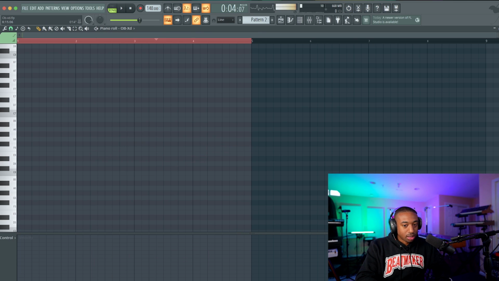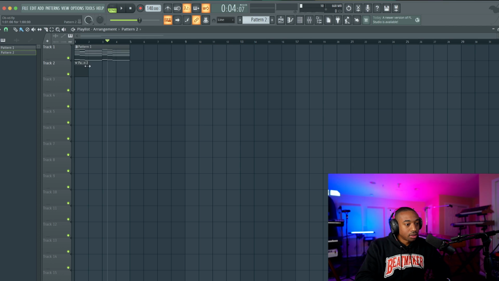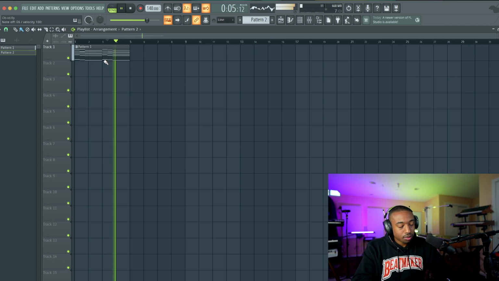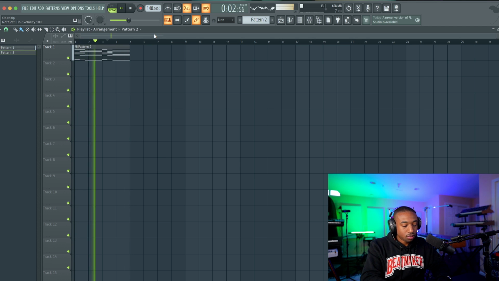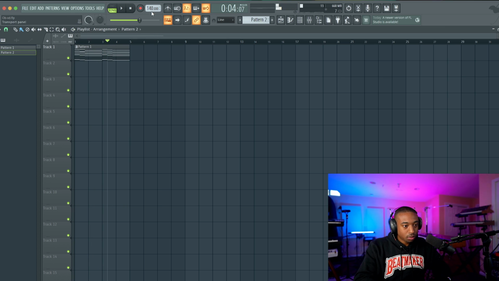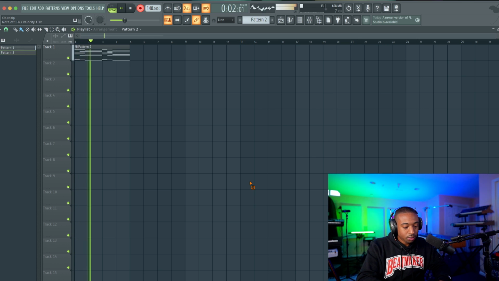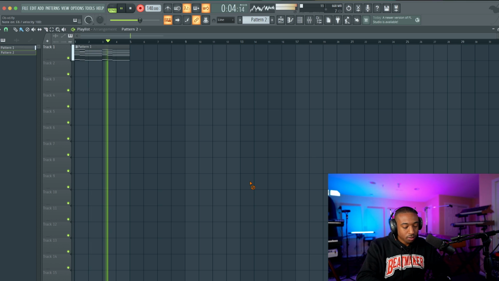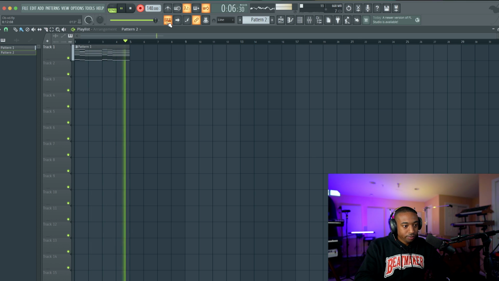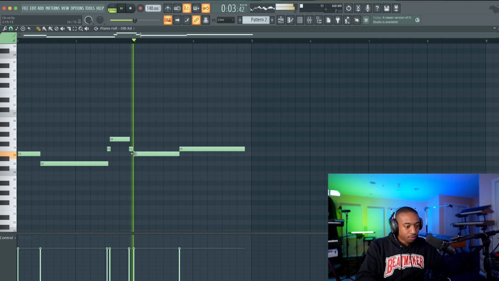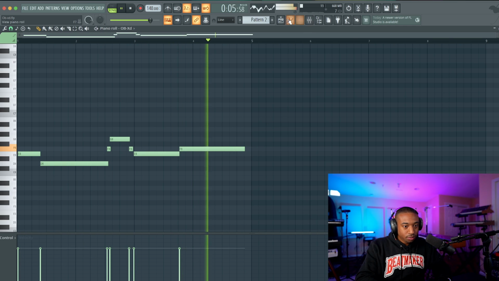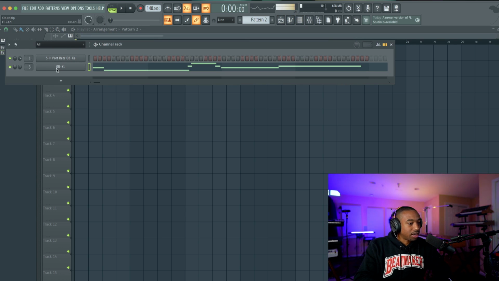I might redo this melody only because the timing, not because the notes. Okay, so now let's give this a vibe. So right now I'm just writing the notes.